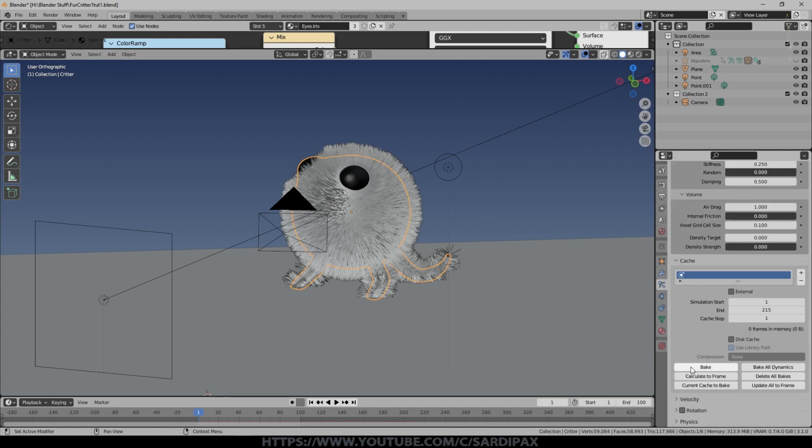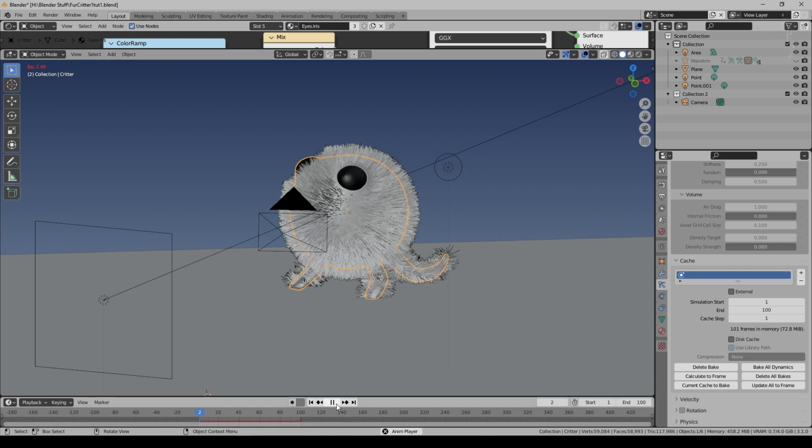So if we come back to the cache now, make sure we've deleted the bakes and then click bake. By the way, you need to have saved your simulation in order to be able to bake. So we'll just bake a few frames there. A little reminder about the settings for the cache: make sure this number is at least as long as your animation. I'm only actually using 100 frames at the moment, so this only needs to be 100. But if your animation is a lot longer than the default of 250 frames, don't forget to increase this. And by the way, this will bake as you play the animation, but it's hard to see what's going on if you do it like that.